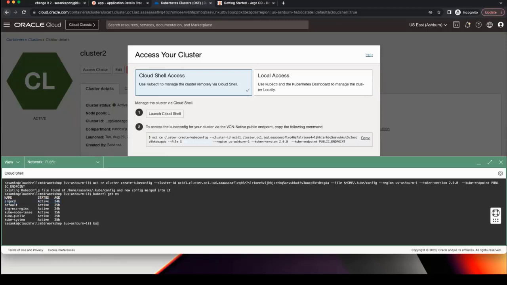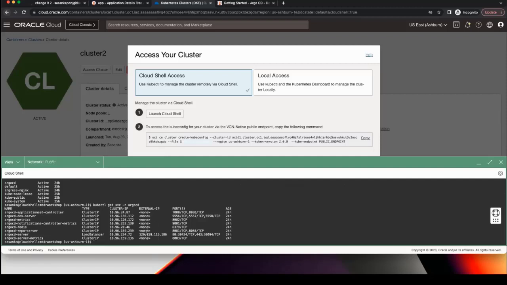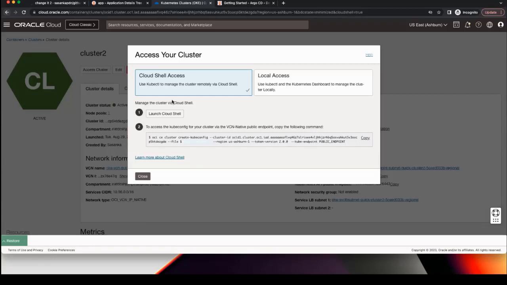So if you go back to kubectl get service, Argo CD namespace, this is the IP which I'm connecting right now, which you can go ahead and access from the Argo CD console. So this is normally how you can configure the Argo CD, and you can directly go with that.